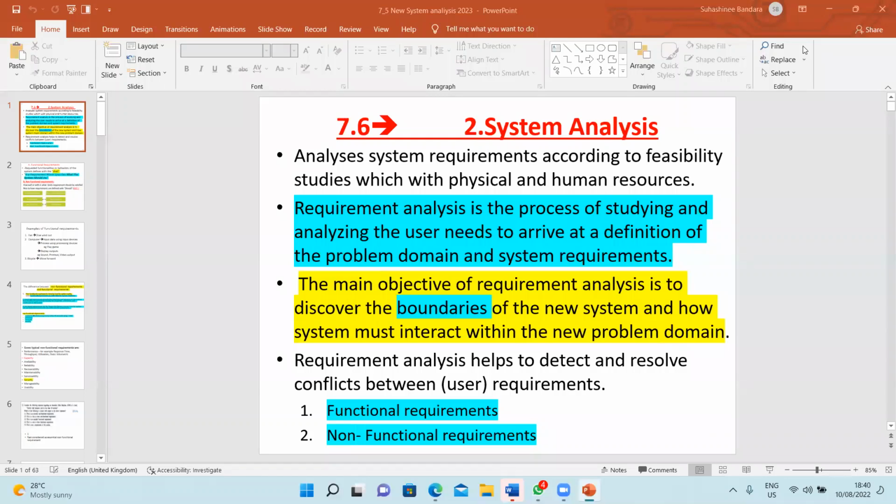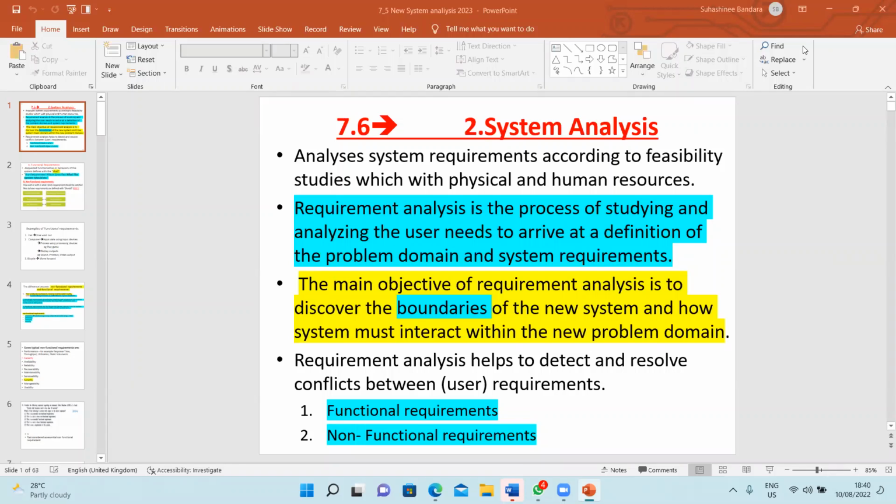We were discussing system analysis last week. That means system analysis mainly focuses on the requirements. We discussed that there are two types of requirements, functional requirements and non-functional requirements. Requirement analysis is the process of studying and analyzing the user needs to arrive at the definitions of the problem domain and